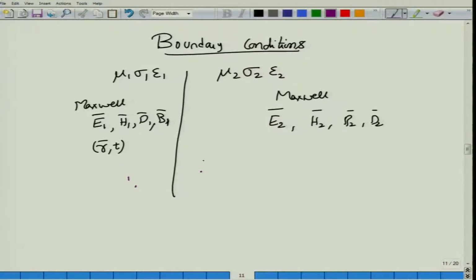Let us call these point 1 and point 2, and I will also consider a unit vector in the direction from 1 to 2. You know that between any 2 points you can always draw a line, and between these 2 points there will be a bisector. For simplicity, let us take points 1 and 2 in such a way that the bisector happens to be just the boundary that you have considered.